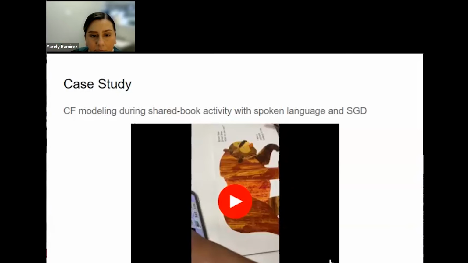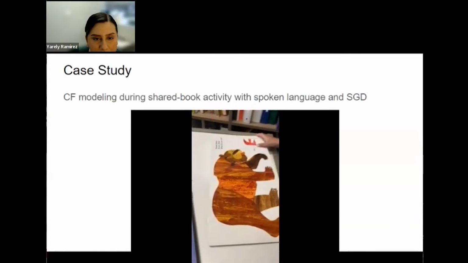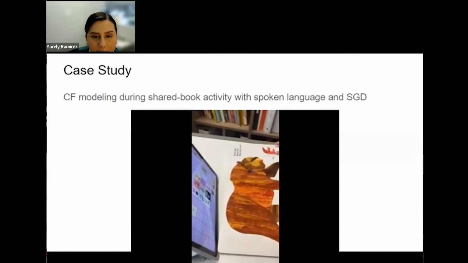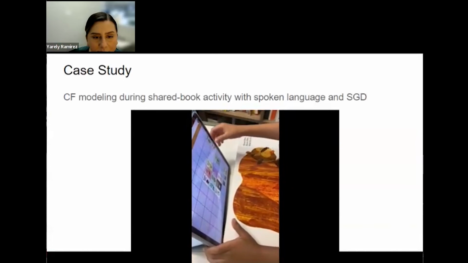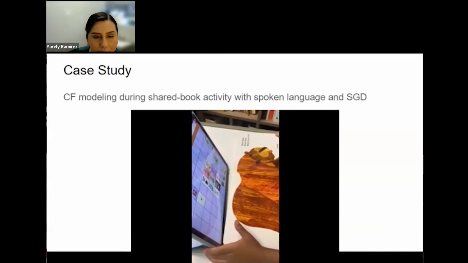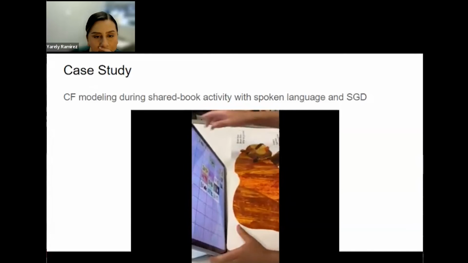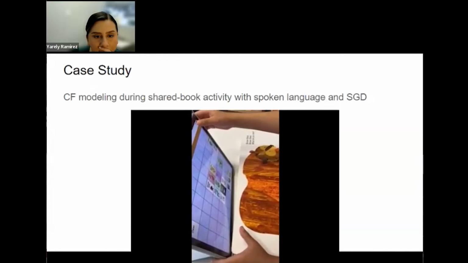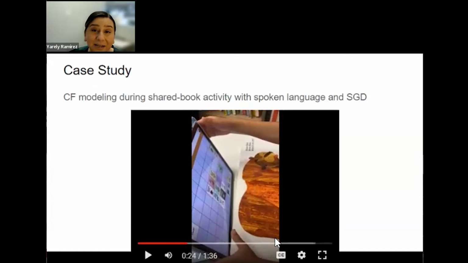So you can see I was modeling in this video. Red bird. I see a red bird looking at me. More. Red bird. Okay, go ahead. We gotta flip the page. We gotta turn the page. Turn the page, please. It's a page. Turn. I did not show him this video, but I was very excited that he said, I turned the page.